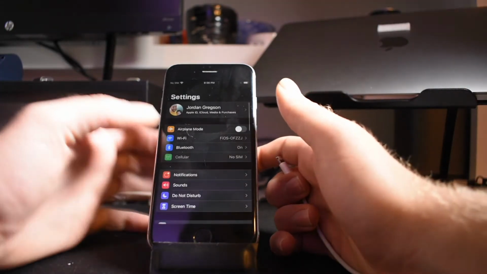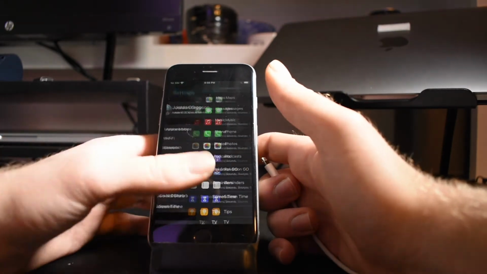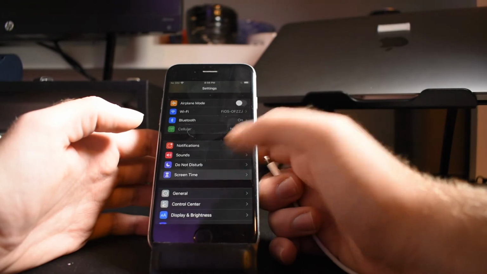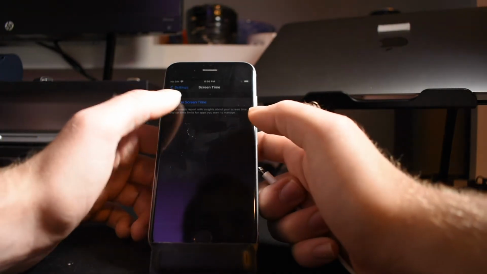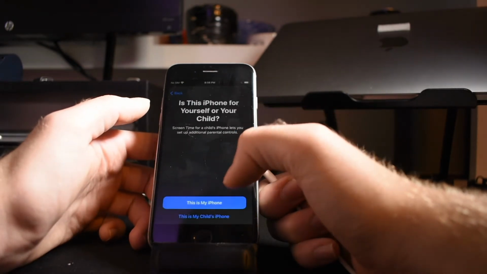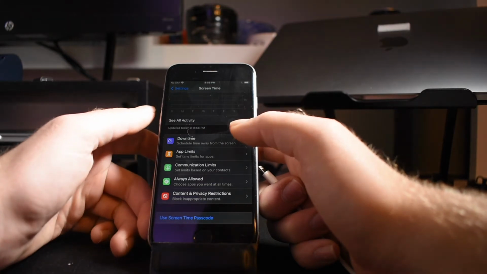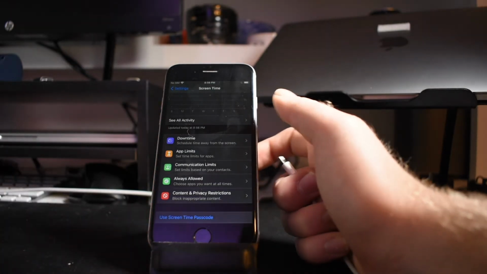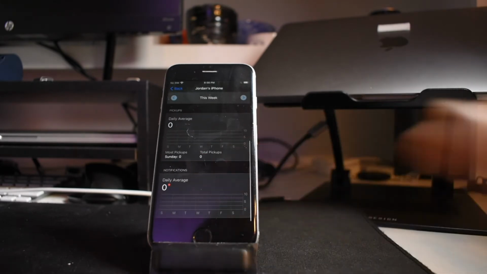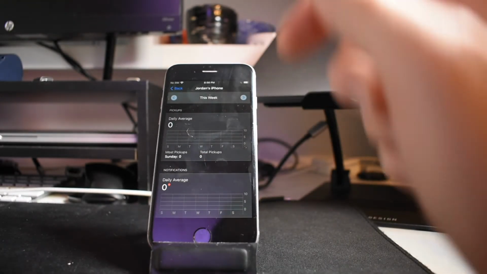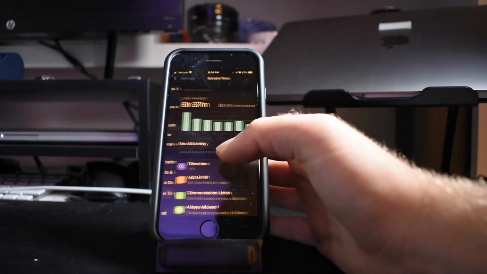So you would think if you went into settings, notifications, you'd find shortcuts. There is no shortcuts. What you have to do is go to screen time, turn on screen time. Oh, I'm not even sure if I can do it because I don't have screen time enabled. I'm just going to enable it, and then I forget which one it is. I don't think I can do it here. Yeah, well, see all activity. No, you can't. So what you do, let me go on my iPhone SE, go into screen time, go to